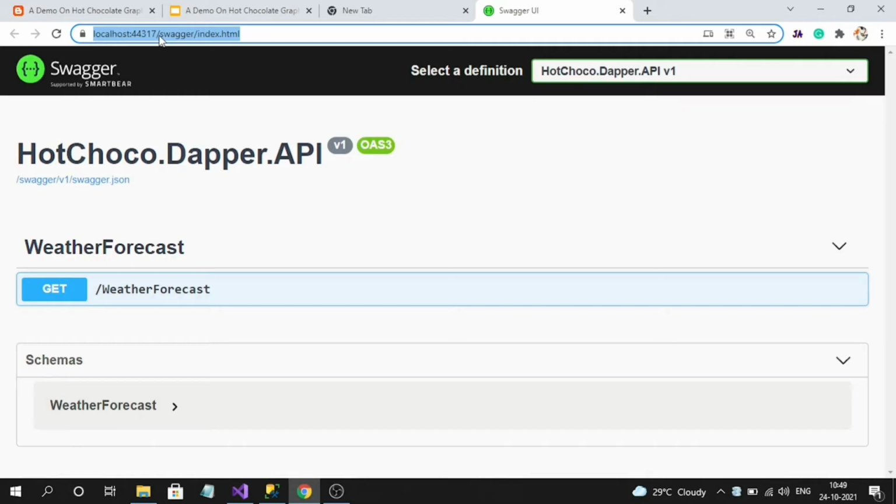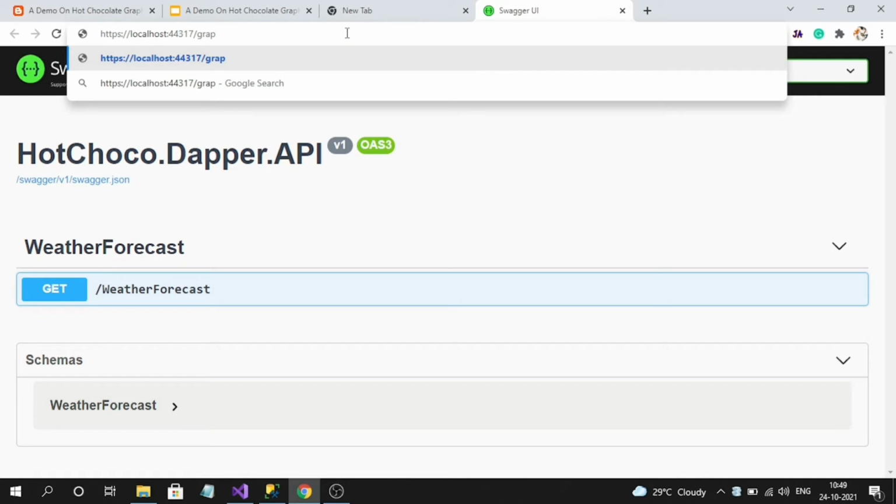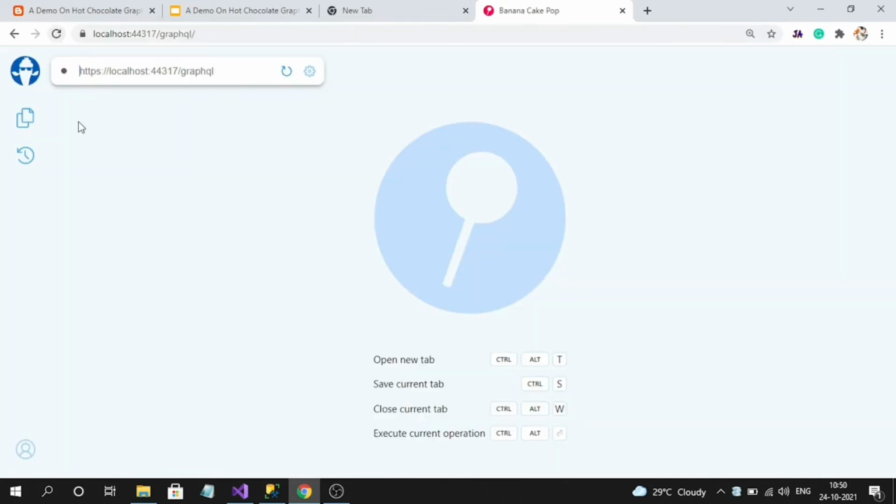So when you run, it normally opens the Swagger. To go to our GraphQL endpoint, I have mentioned, right? You have to use /graphql. Okay. So this is an editor tool that comes along with the Hot Chocolate library, like a GraphQL testing endpoint. Okay. See, I have mentioned only a single endpoint, right?